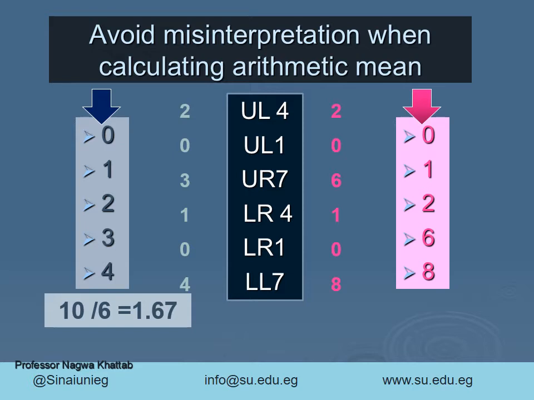طيب نجرب السكور بتاعة راسل لنفس البيشنت. 2 هتفضل زي ما هي 2، 0 هو 0، لكن سكور 3 بقى 6، 1 هو 1، 0، سكور 4 بقى 8 بالسكيل بتاع راسل. نحسب المين of this patient بقى 2 و0 6 1 0 8 يعني 17 على number of the teeth examined اللي هي 6 ادتني 2.83. ايه بقى الفرق؟